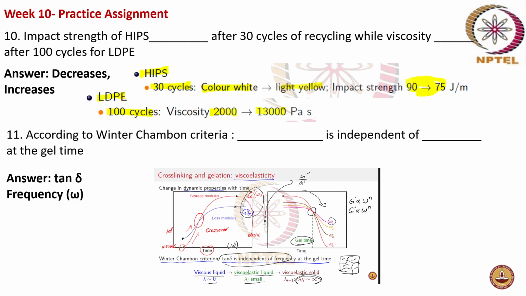large. Okay, and Winter Chambon criteria says that the dissipation factor or tan delta is independent of frequency at gel time. That means if you do the experiments for different frequency and you plot tan delta versus time, you will see that at gel point, all these curves, they meet at one point. Okay, that means the gel time is constant even if you do the testing at different frequencies. Okay,